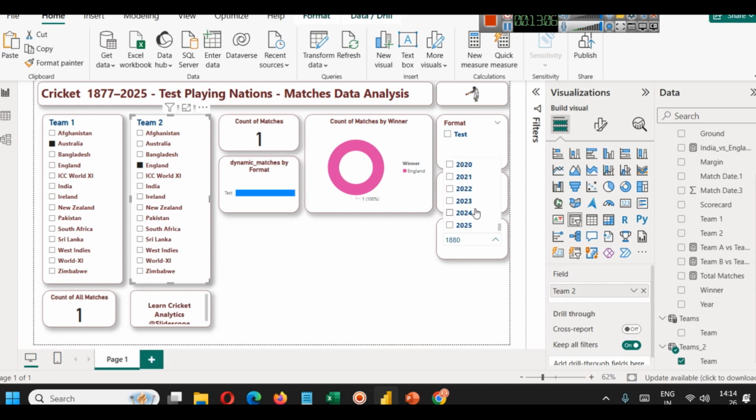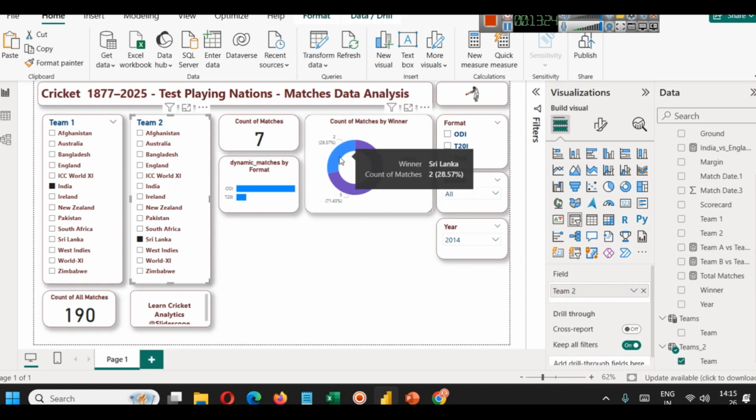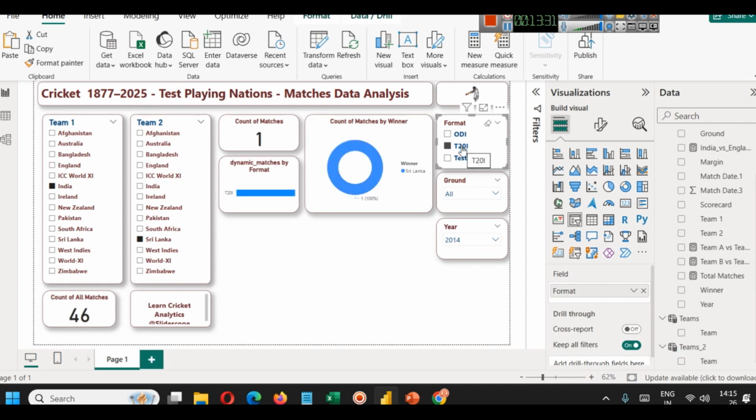Let's go to more recent events, for example in 2014. So in 2014 India versus, let's say, Sri Lanka. The count of matches was 7, and India won 5 of them and Sri Lanka won 2 of them. And if we filtered by test, no test matches were played, and 1 T20 and 6 ODIs were played. So this way you can filter it by year,